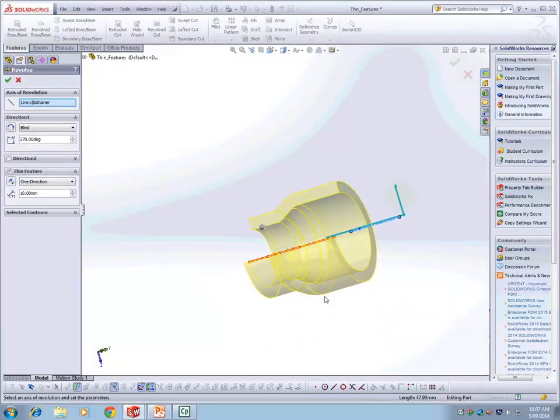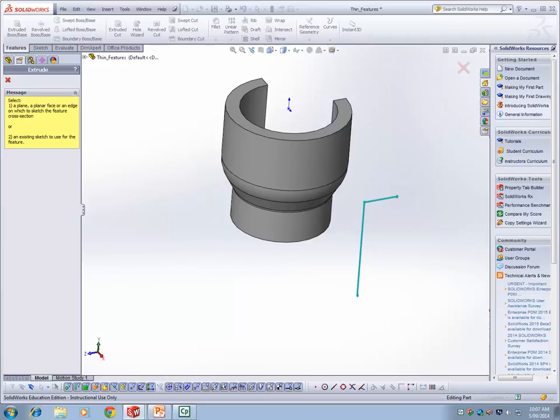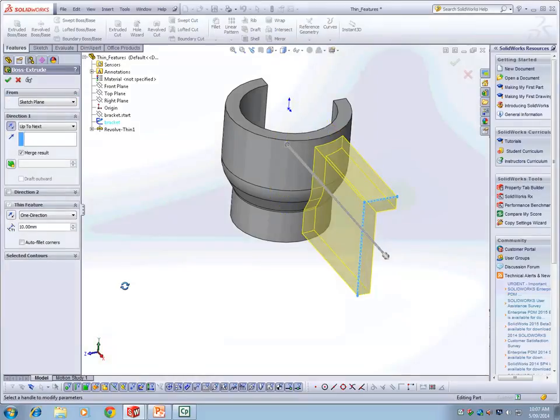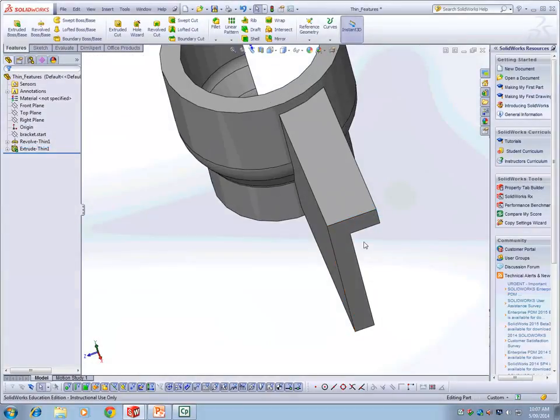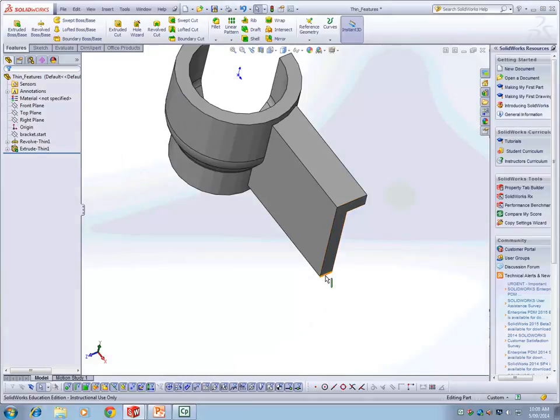So I'll go into this extrude boss. Say for example in your idler arm, you have drawn the full section, then you have an advantage. You draw only one